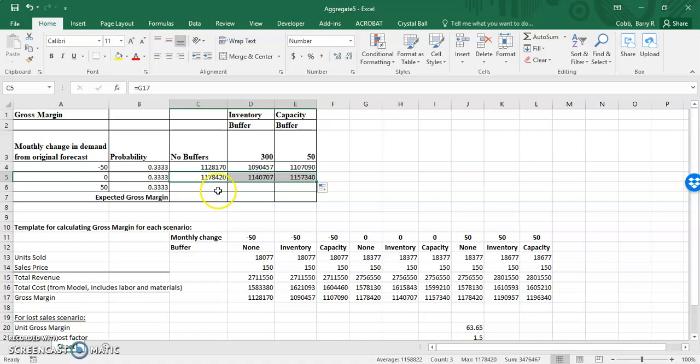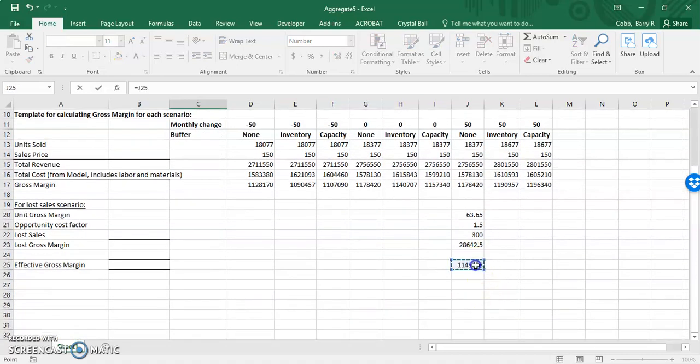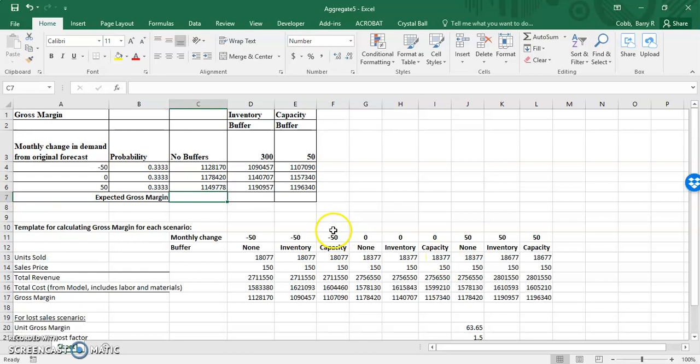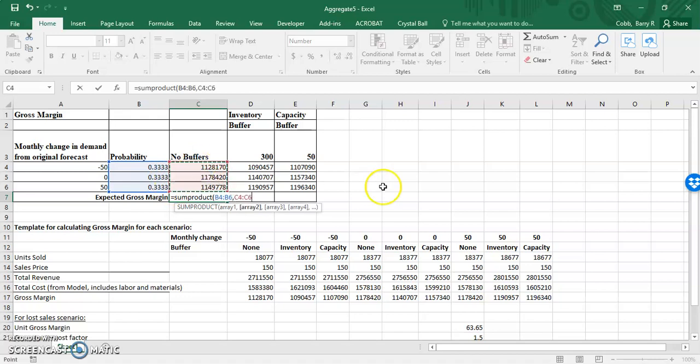And then for changes of 50 units, for the inventory buffer, we reference these numbers, but for the case of no buffers, we have the effective gross margin, $1,149,778. In each case, the expected gross margin is the probability times